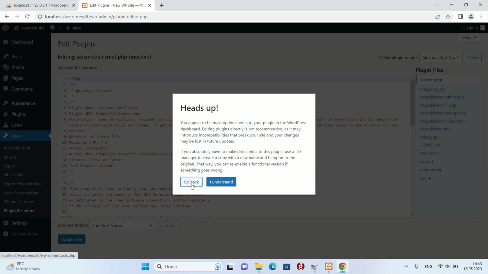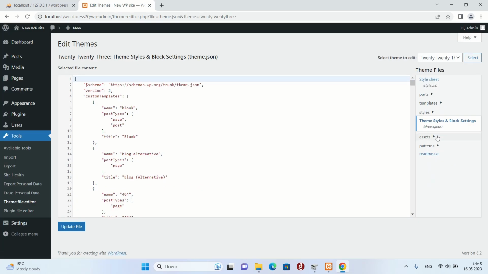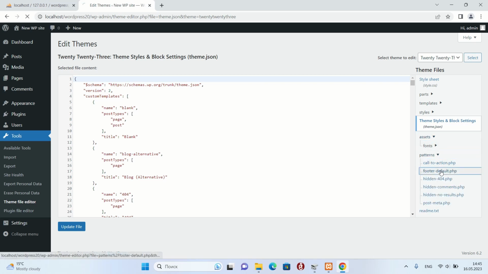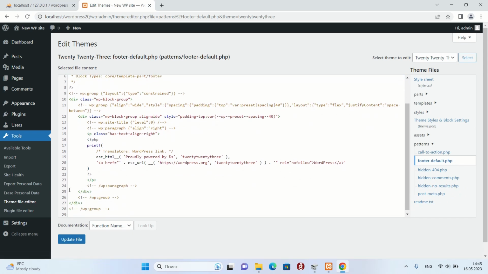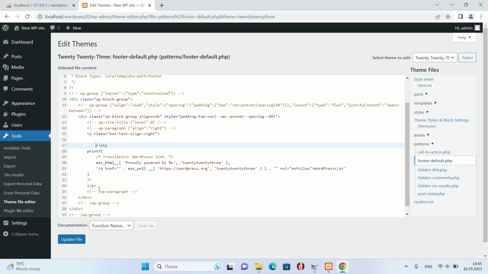First I remove some unnecessary elements from the site. This data is in the default footer. I'll just comment out the extra text with a command.